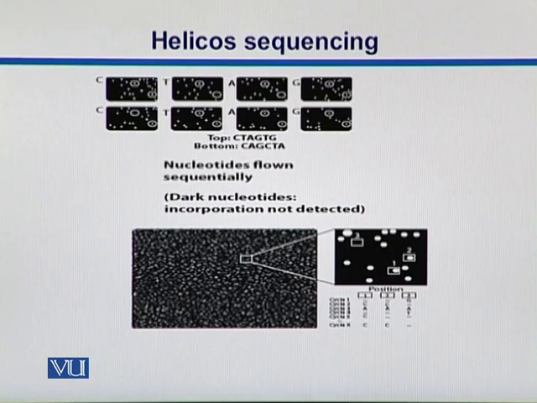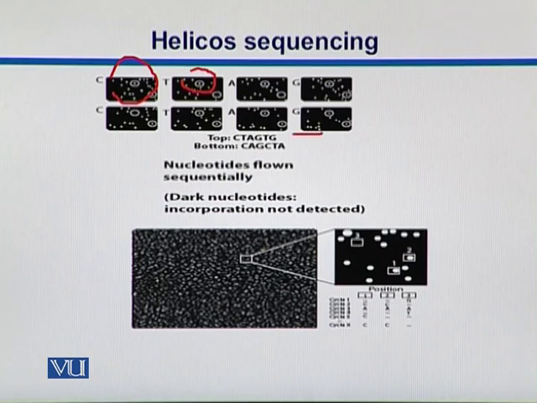So here we can focus on 2 reads which have been synthesized. If we look into the top one, whenever a nucleotide is incorporated, we see a visible dot over there. So for example, we see that C has been incorporated here. Then next, in the same read, T is incorporated, then A and G. So in the end, on this top read, we see that there was C, T, A, G, T, C that